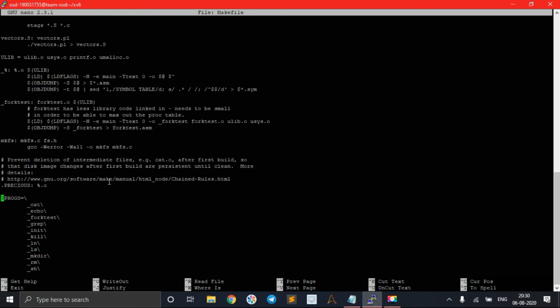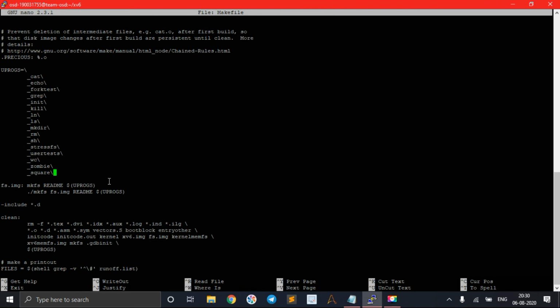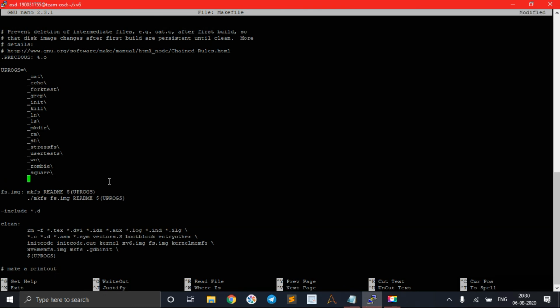So here I have my user programs, UPROGS. Here just add a single line: underscore cube backslash. This line is completed. The second change we must make is in extras.